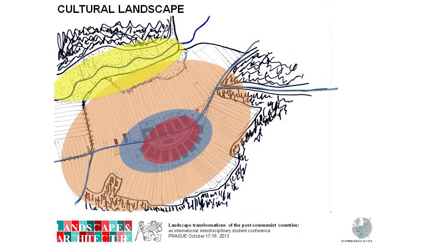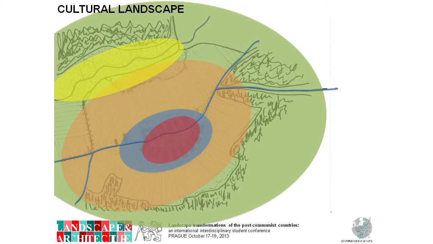And also the more remote parts were used for growing hay, for pastures, and the most remote parts of the area around the village were usually forests or other lands where people appeared just a few times